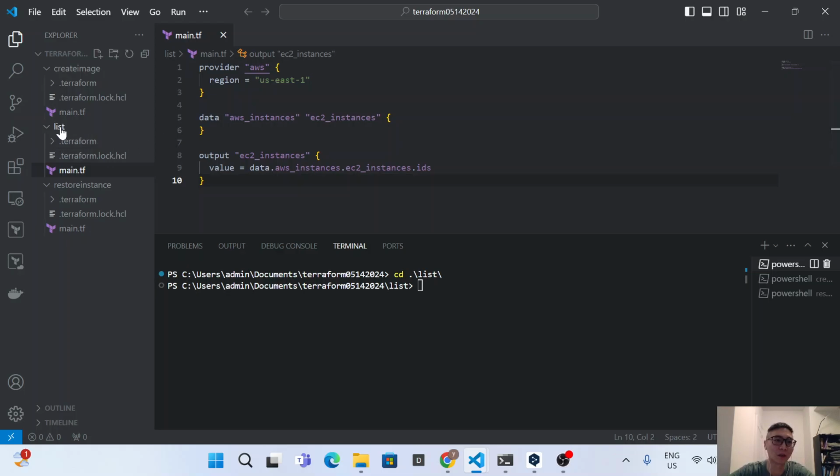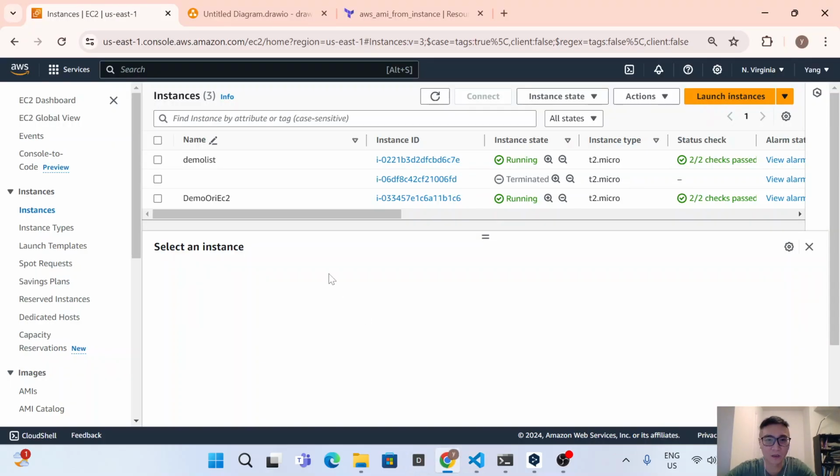In here I have three subfolders, and each folder has our Terraform script. The first subfolder will list the EC2 instances for us. It will list the two EC2 instances, so we can copy the instance ID. And then the second script,